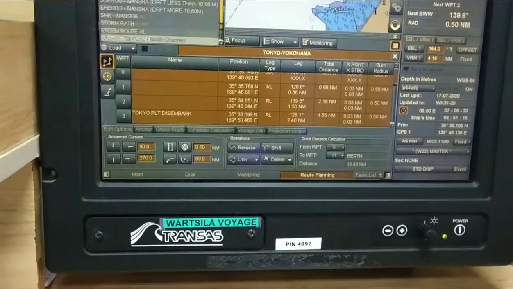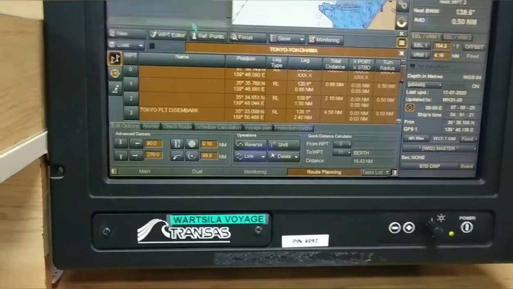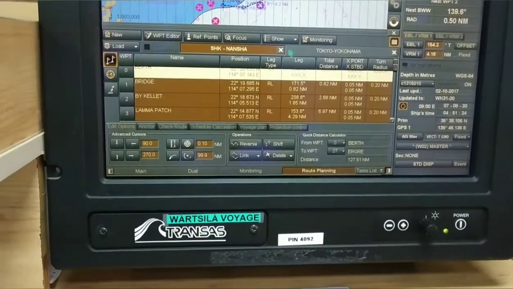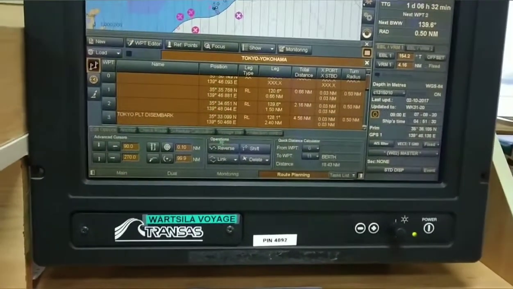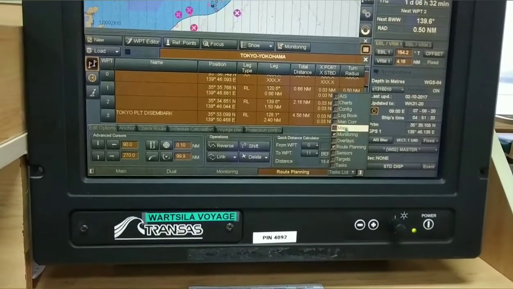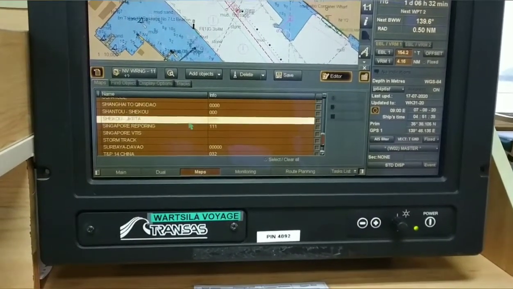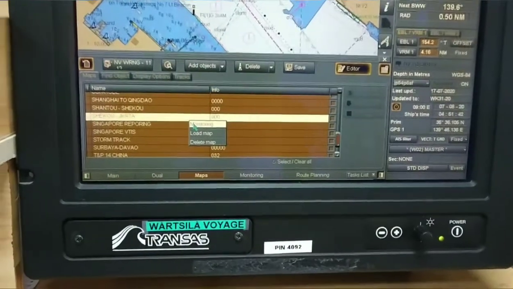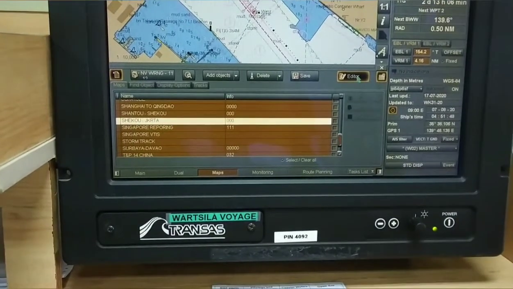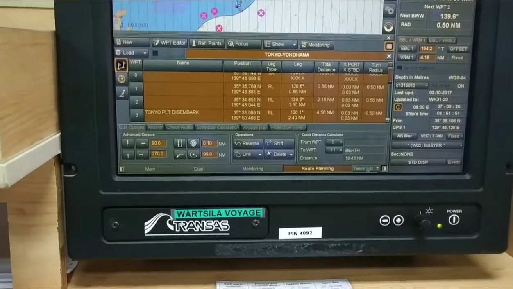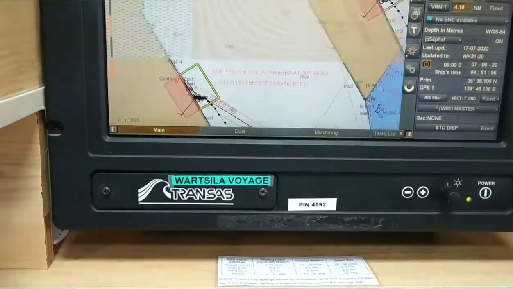If I want to load some route which has been made earlier, just click on load route, click on the route and click on monitoring. The route will be in monitoring mode. Suppose this is the route and I want to start my user map. Go to the map section, from here maps, select the map and right click, then monitoring. The user map will get locked to that passage plan and you can start monitoring. So passage planning and user monitoring, I have explained very briefly. It is very easy, anyone can do it.